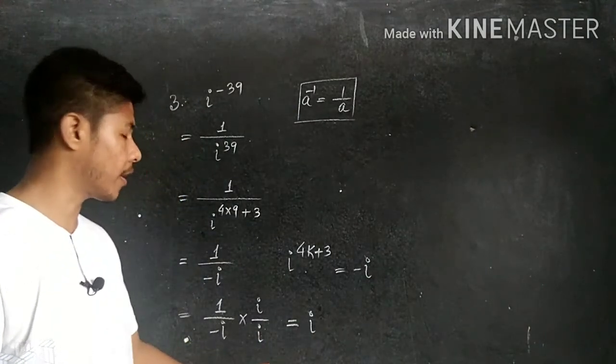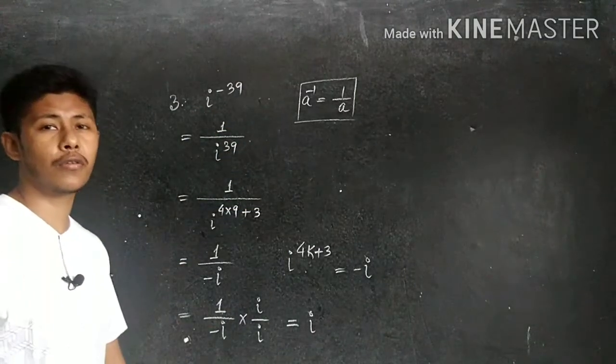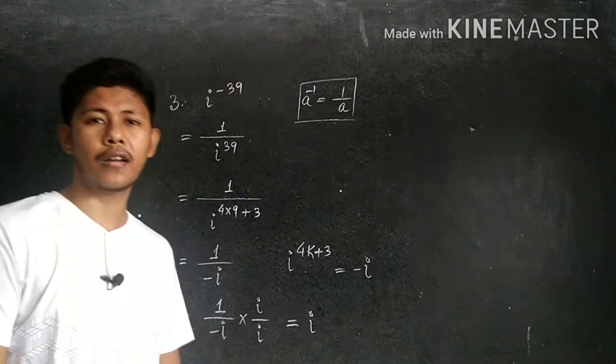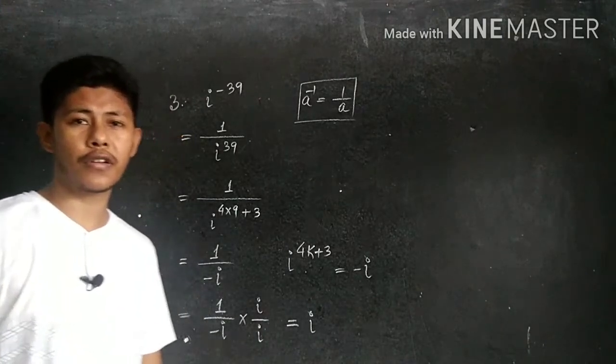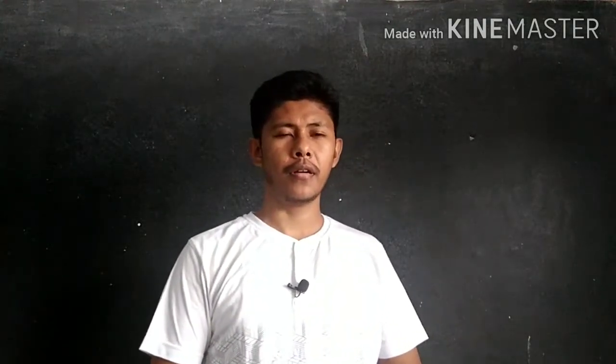i means what we can write here, 0 plus i into 1. In this way we can convert this one into a plus ib form. Is it clear? So very simple questions. Did all of you understand this one? Okay. So up to 10 you can easily solve each and every question from here, isn't it?